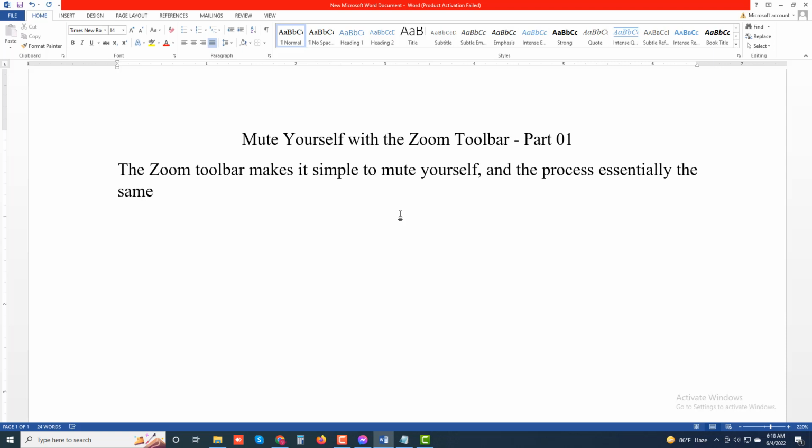for both the PC and mobile app. To mute yourself on Zoom, first step, once you are on the Zoom call,